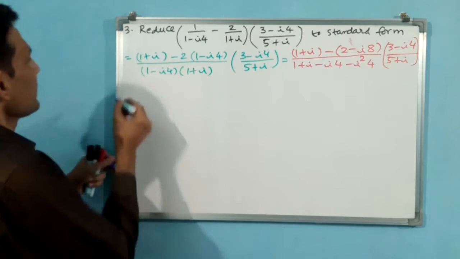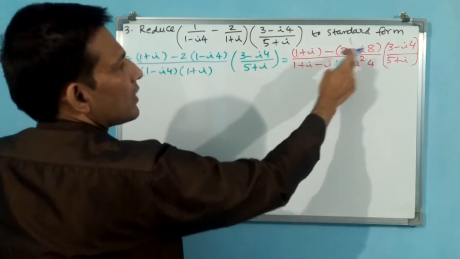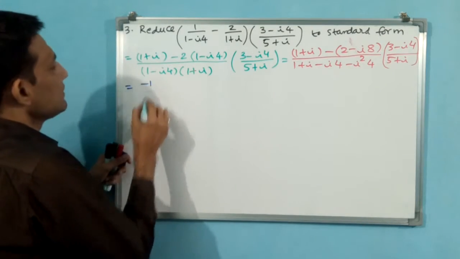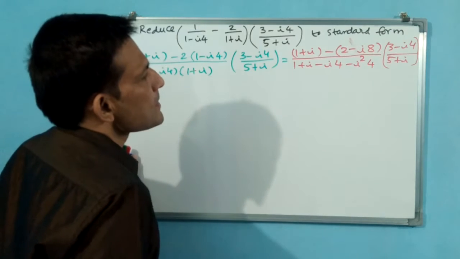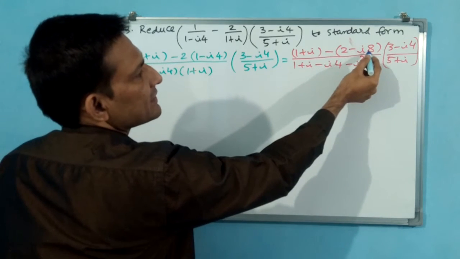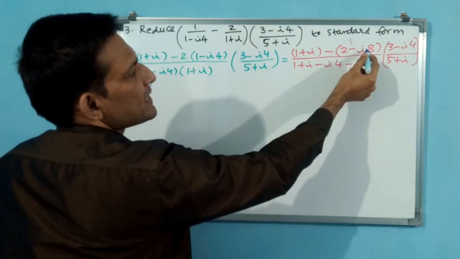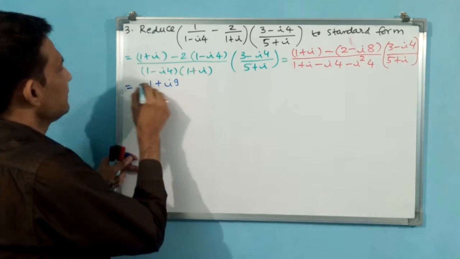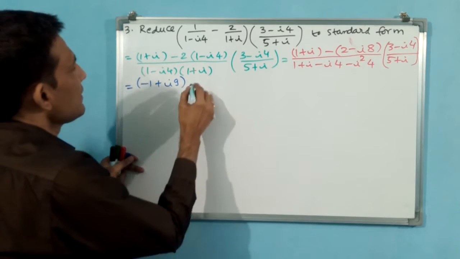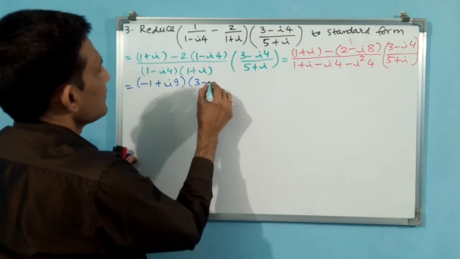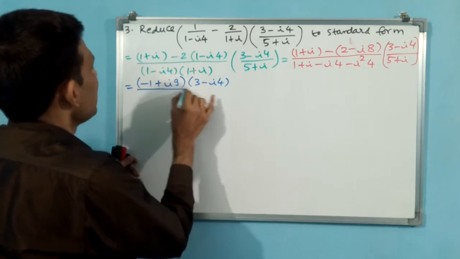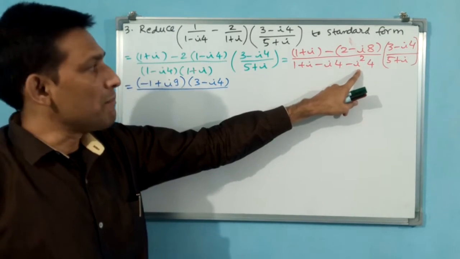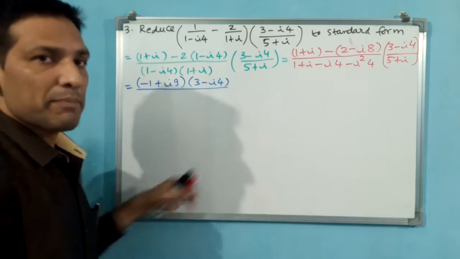Okay. Now you see, now this is the addition subtraction only. Okay. 1 minus 2 minus 1. This is going to become plus i8. You see, minus minus plus i8. Plus i8 plus i, plus i9. Okay. Now put under parenthesis, into 3 minus i4, divided by... This you see, i square value is minus 1. Minus minus plus, plus 4, plus 1, plus 5.